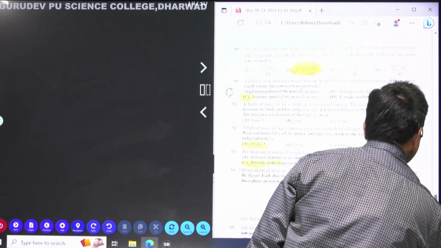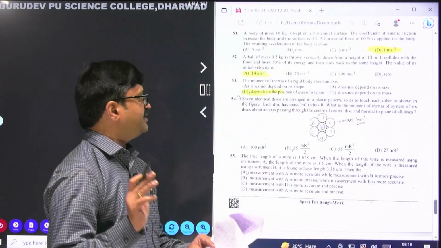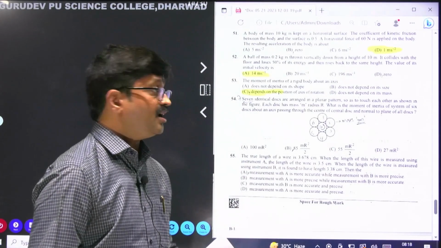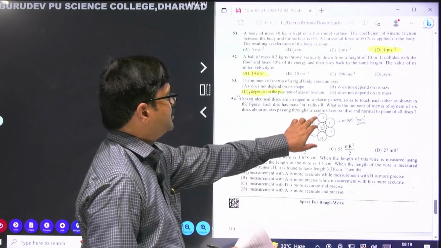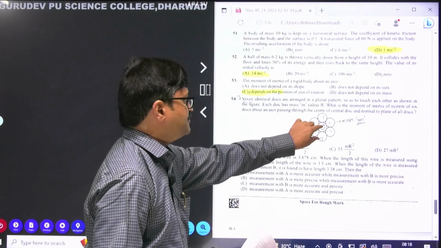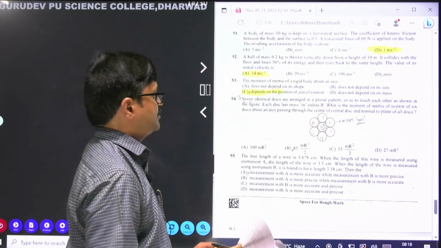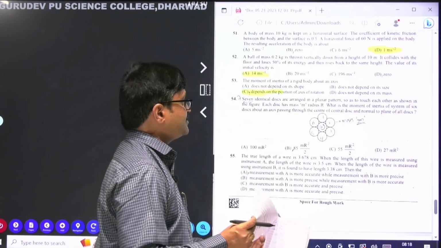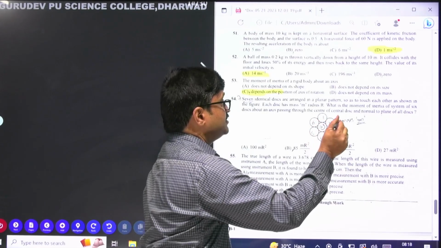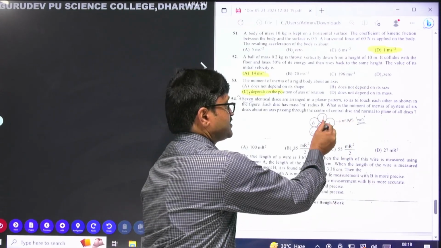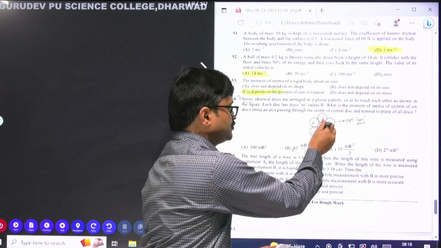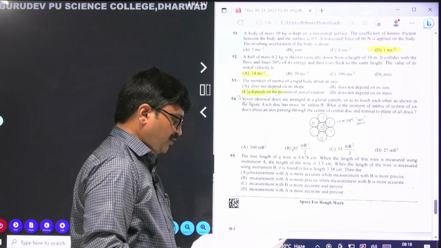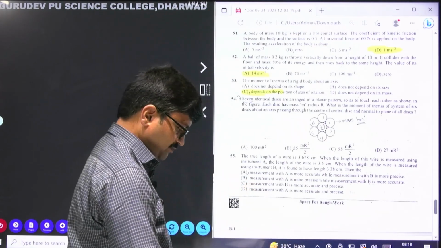Then 54th question, if you just understand, 7 identical discs are arranged in a planar pattern so as to touch each other as shown. Okay, now you can see that they are touching each other, with one of the discs being at the center of this arrangement. Okay, and they want us to find the moment of inertia of the system of 6 discs about an axis passing through the center of the disc and normal to the plane of all discs. Now it is perpendicular to the board, so along that axis we are supposed to find what? Moment of inertia. Okay, so according to this, we can consider firstly